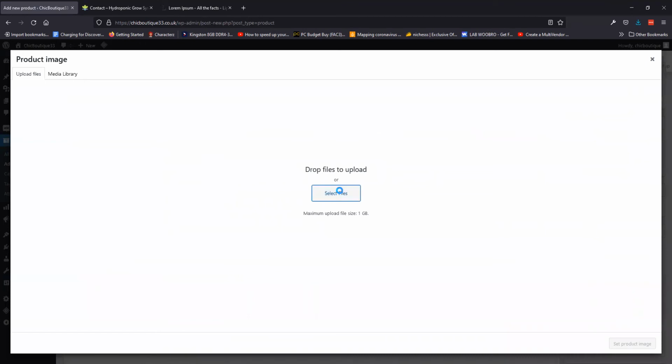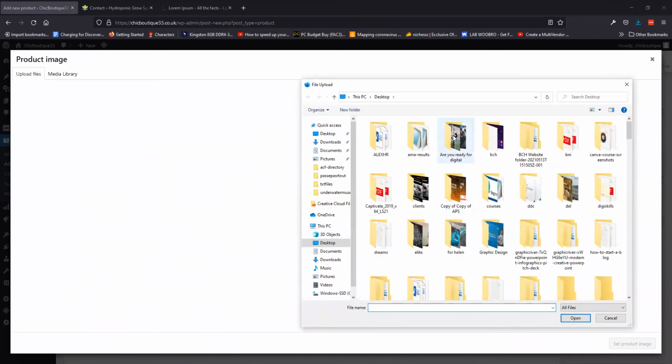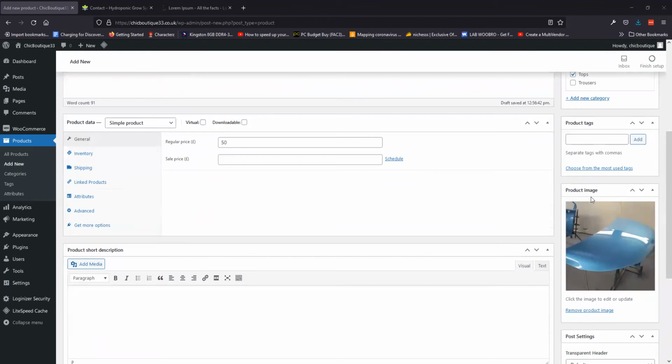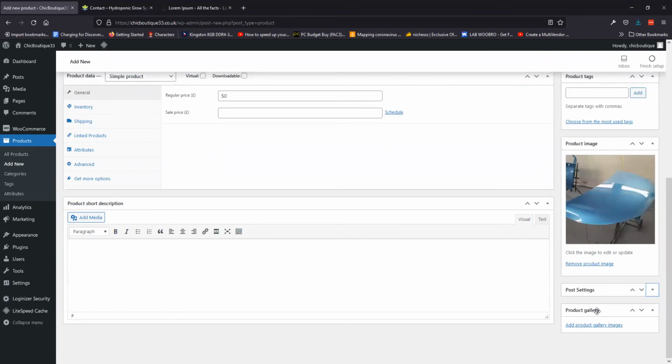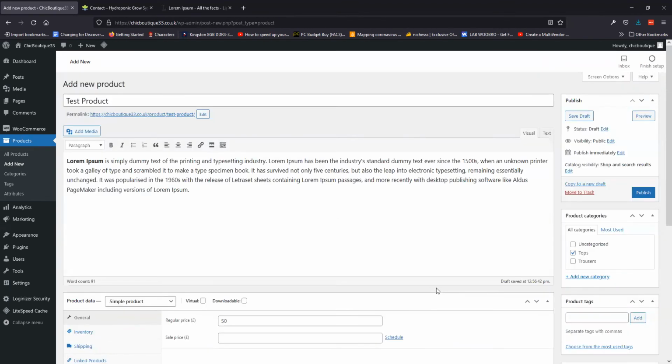So I'm just going to upload any old image into here. Okay, once you've added your product image, if you scroll further down, post settings, you can probably minimize that for the time being, and the product gallery, so you can actually add a gallery of products, as it says, if you like. At the kind of minimum, that's all we need to do. So we can click on publish,